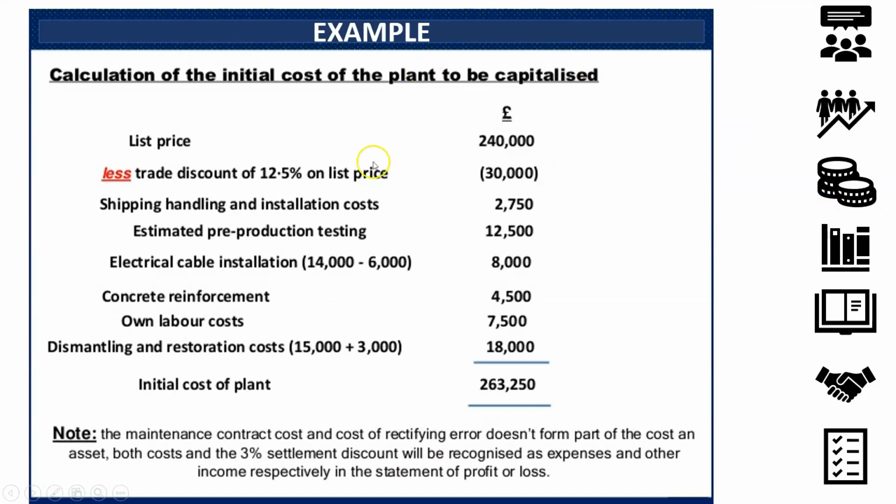We took an example over here where we saw that the list price, that is also known as the purchase price of the asset, we subtracted the trade discounts that were allowed on the list price, and every expense that was incurred for installation of the product from the shopkeeper's place to our place of business, they all are taken into consideration while we capitalize the cost of plant into the books of accounts. And we also studied that the maintenance costs that take place yearly or after every interval of time are the costs that are not capitalized but they are recognized as expenses in the P&L, that is the profit and loss statement.